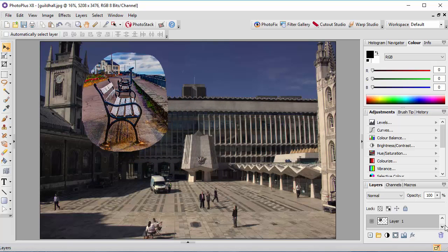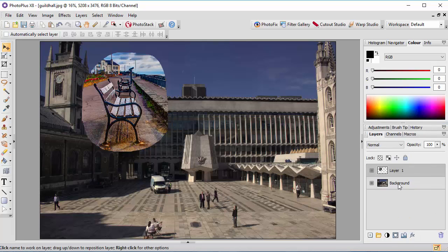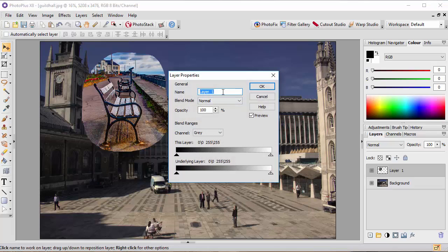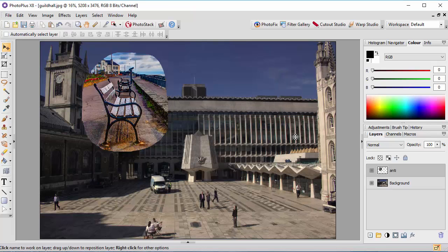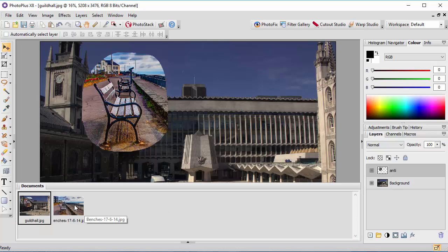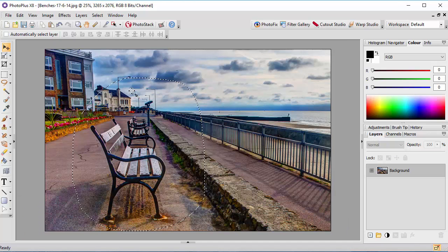As you can see, I now have two layers here. Let me just collapse this menu so we can see the layers better. And I'm just going to rename this layer anti, so I know that that one has got the anti-alias ticked. I'm going to go back to this image, get rid of the selection,